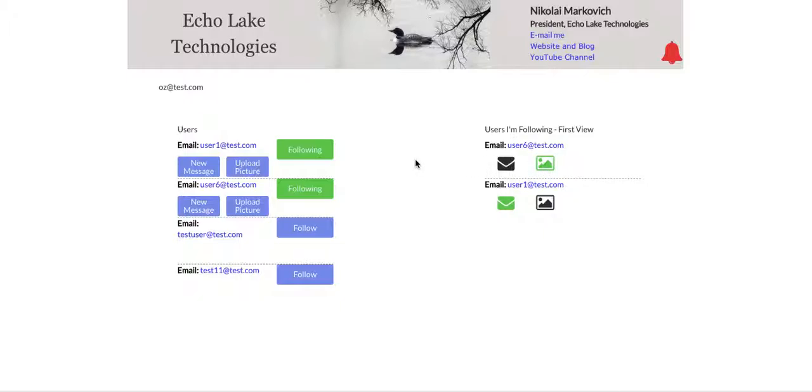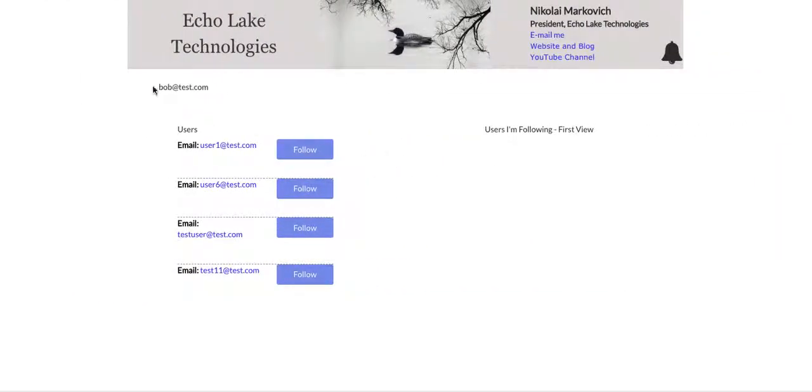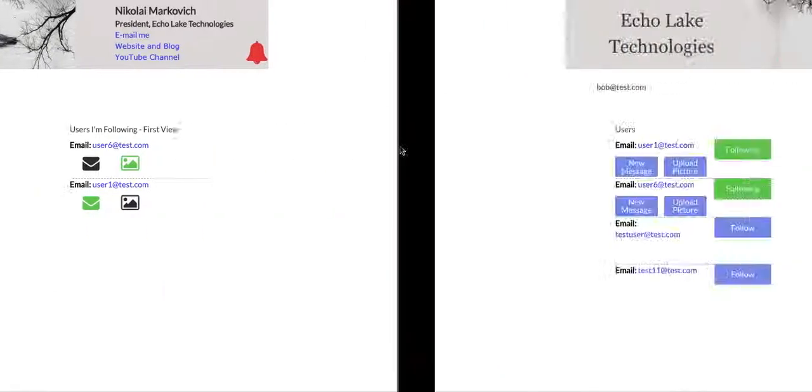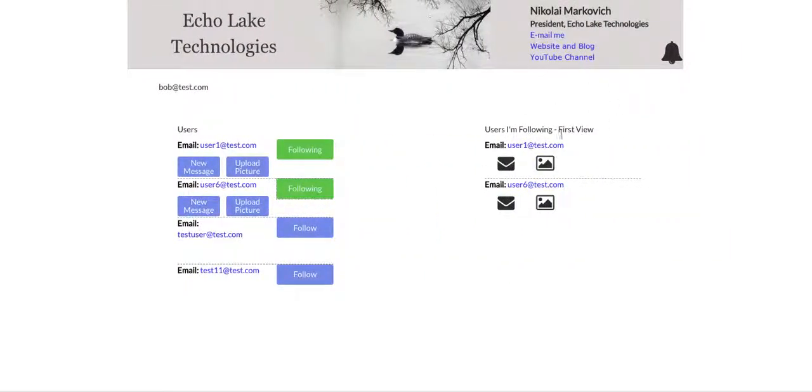I'm going to switch to another screen here because I've got another user set up, Bob, and we're going to have Bob follow these two. Now you'll see that user 1, user 6 here, user 1, user 6 here, we've got greens to show that there's new content, and we've got this red bell here. Over here it's black. The reason is that the content created by user 1 and 6 was already done prior to Bob following them. So now if user 1 does a new message,